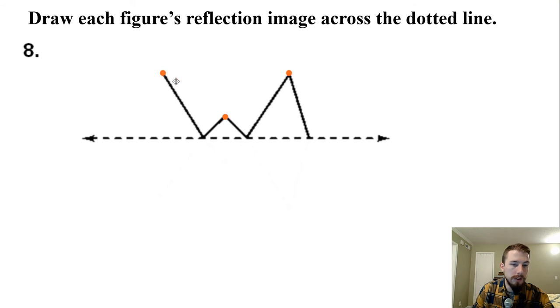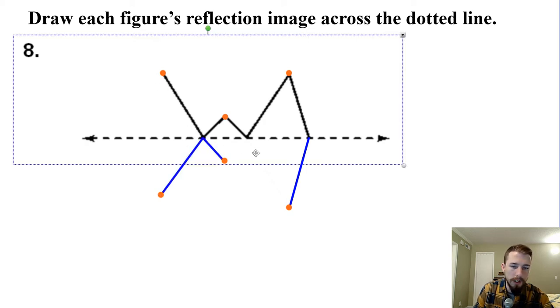What I would suggest is take your vertices and then plot those points. So I'm estimating that's going to be somewhere about right here, okay? And this point's going to be about right there. Then this one is about somewhere over the rainbow. Oh, there it is. Okay, cool. So just estimate those points and then connect the dots,